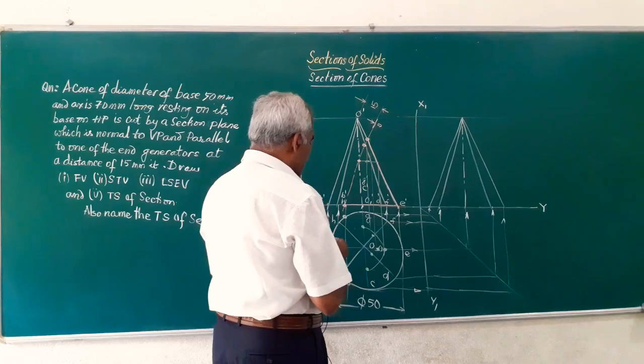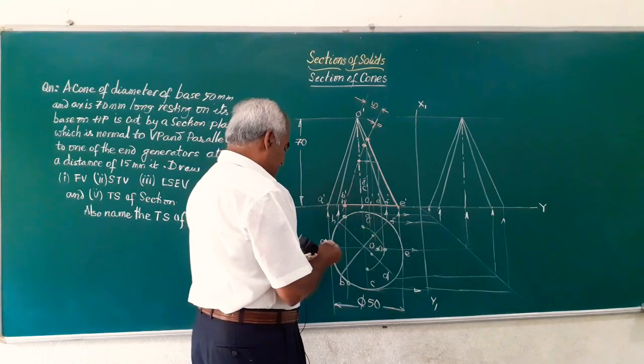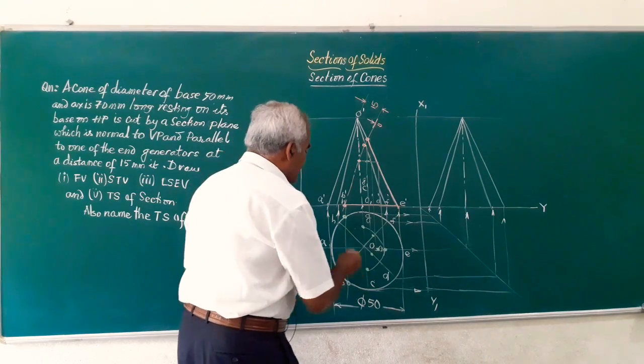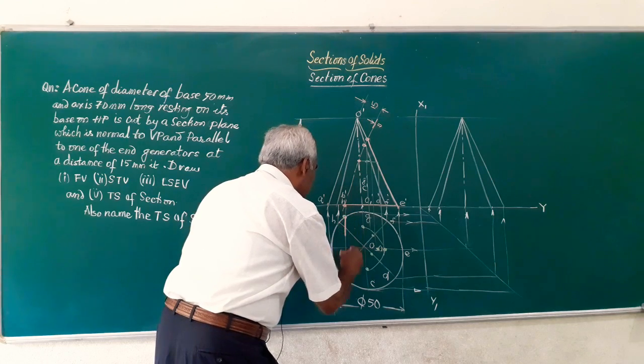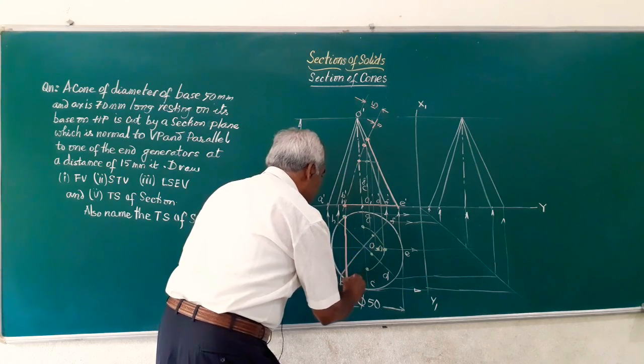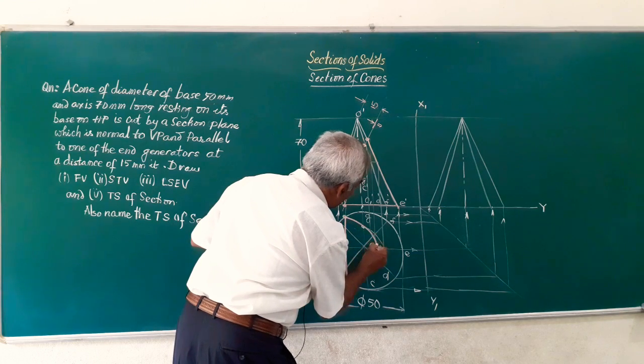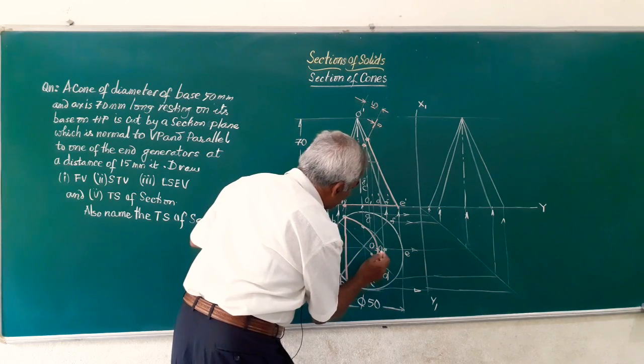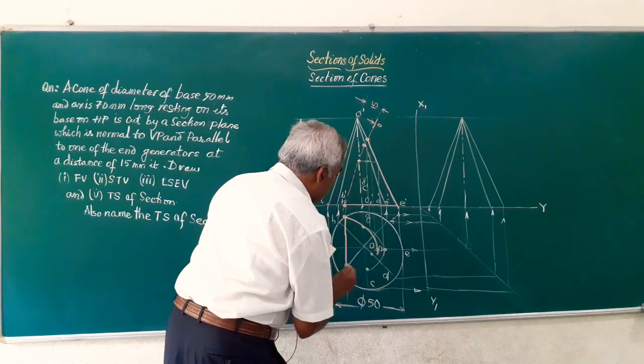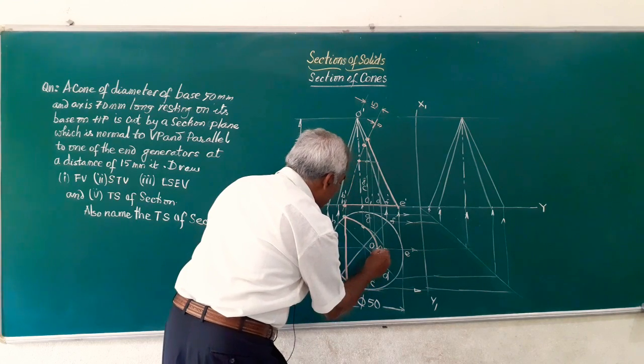So friends, join all the points so obtained by straight lines for the base, that this is going to be a straight line, and all this by a continuous smooth curve. So, curves you are going to use for the cones and the cylinders.